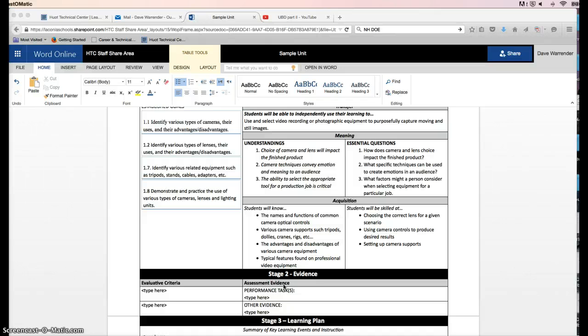UbD divides assessment into two types: performance tasks, which are things which students do, and other evidence, which could be things such as instructor observation. I would say that things such as quizzes and tests would go under other evidence as well.